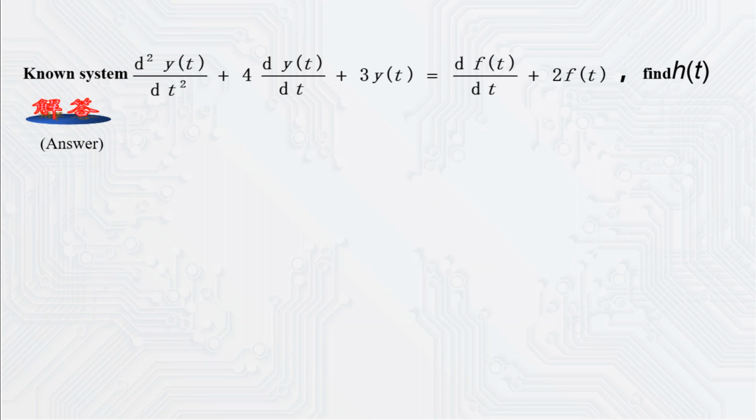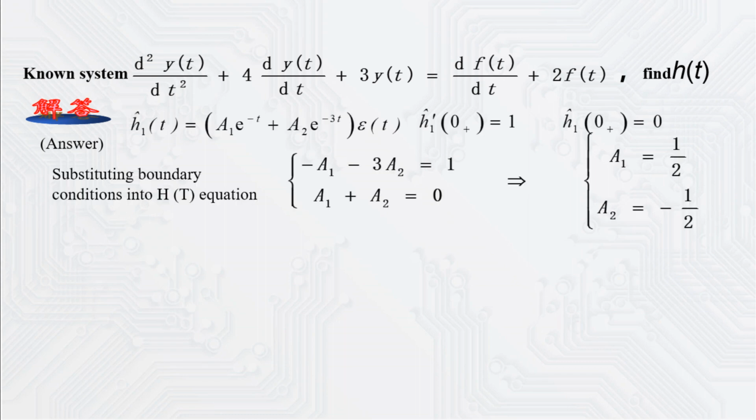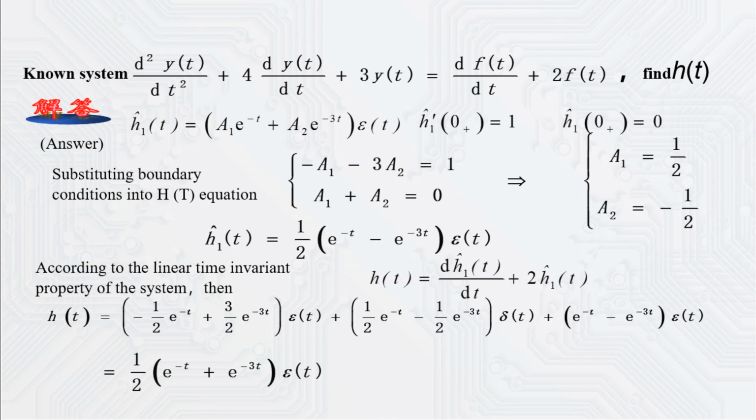Let's look at this example. The system is a second-order system. We need to calculate h(t) for the impulse response. First, we also choose a new variable h1(t). The right end of the equation contains only one delta(t). The form of h1(t) is the same as that of the homogeneous solution, so it's equal to a1 times e^(-t)